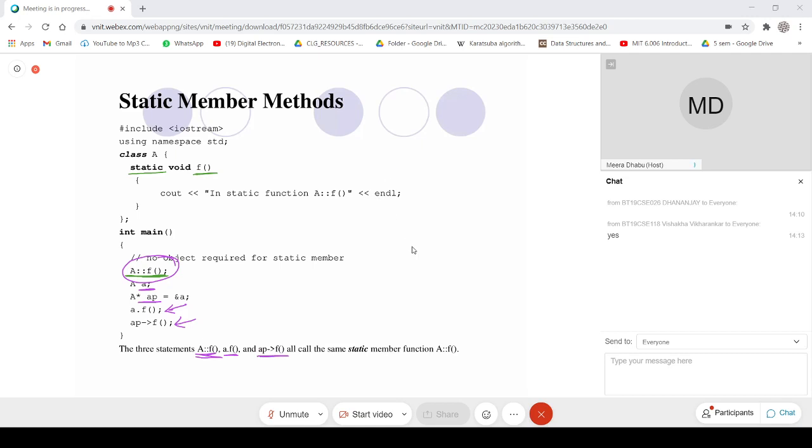Okay, just like a structure, when you create a pointer to an object of a user defined data type class, then instead of the dot you are required to use this arrow. This arrow, that is pointer of the type A, and I am invoking this method f.